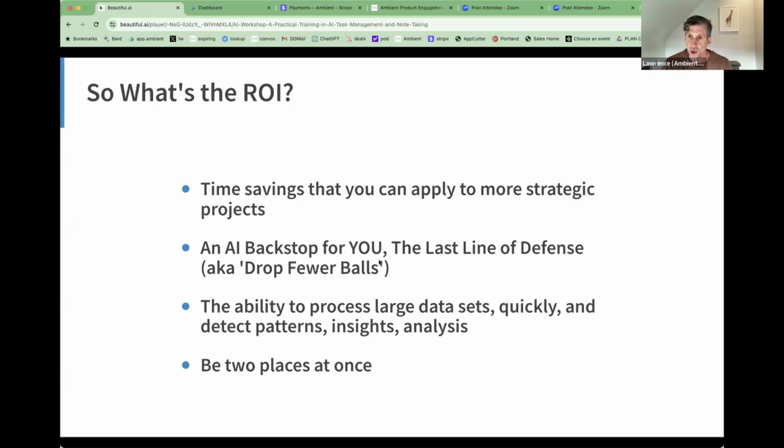You could go back through all of the recordings for the last 50 meetings. You could do a quick report on the big things, or you could have AI do it for you in 45 seconds. And so there's a powerful operating model here of AI as a co-pilot for you to help you excel at your job. And the last emerging use case here that is very meeting specific is that